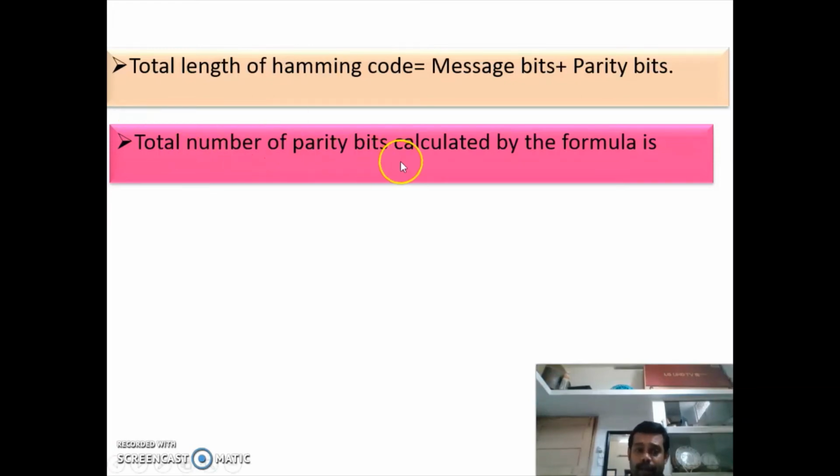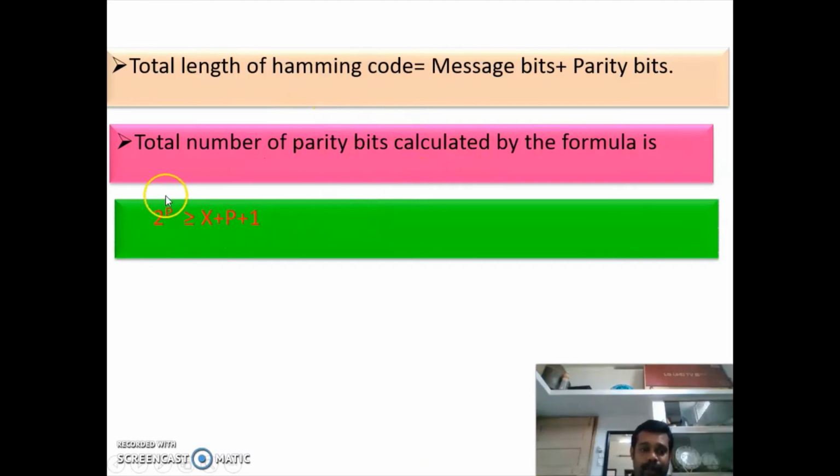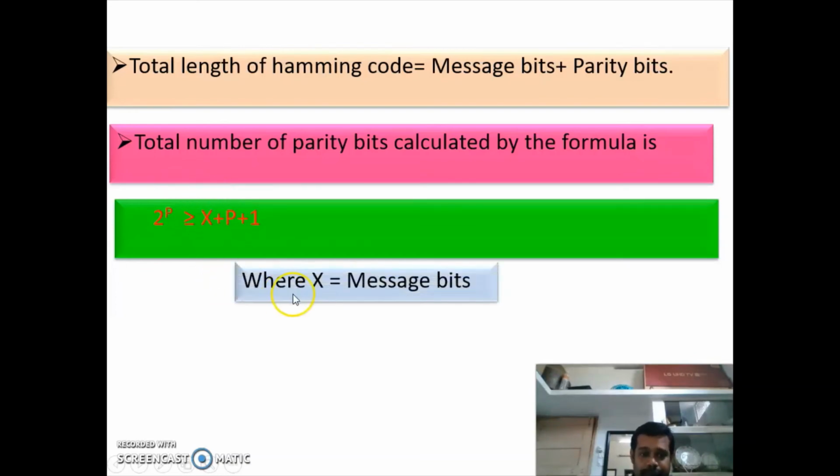So the total number of parity bits is calculated by the formula 2 to the power p is greater than or equal to x plus p plus 1. X is the number of message bits. P is the number of parity bits. So the total length of the Hamming code is nothing but message bits plus parity bits.